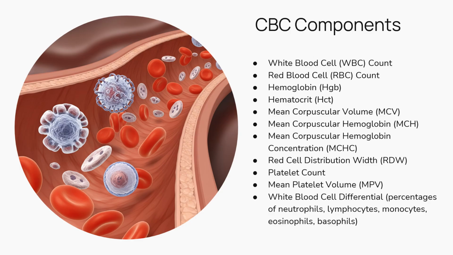We have the red cell distribution width, or RDW, which indicates the variation in red blood cell size, or anisocytosis, which can suggest mixed causes of anemia. Platelet count counts the number of platelets, which are critical for blood clotting and stopping bleeding. Mean platelet volume, or MPV, measures the average size of platelets, with larger platelets often indicating increased platelet production or activation. Then we have the white blood cell differential, which provides the percentages of different types of white blood cells, your neutrophils, lymphocytes, monocytes, eosinophils, and basophils, which offers detailed insight into immune function in potential infection or hematologic